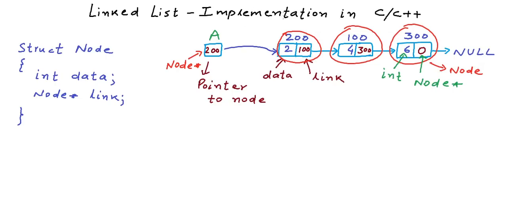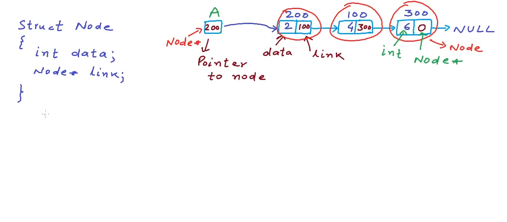Okay, so let us now create this particular linked list of integers that we are showing here through our code. To be able to do so, we will have to implement 2 operations. One to insert a node in the linked list, and another operation to traverse the linked list. But before that, the first thing that we want to do is that we want to declare a pointer to the head node, a variable that will store the address of the head node. For the sake of clarity, I'll write head node here. So I have declared a pointer to node named A.